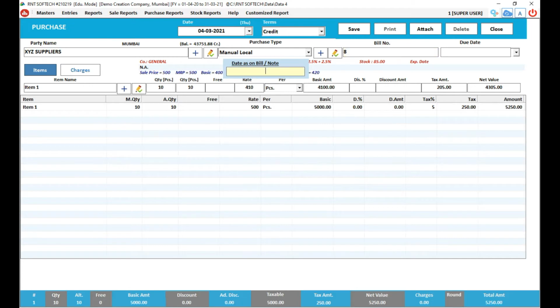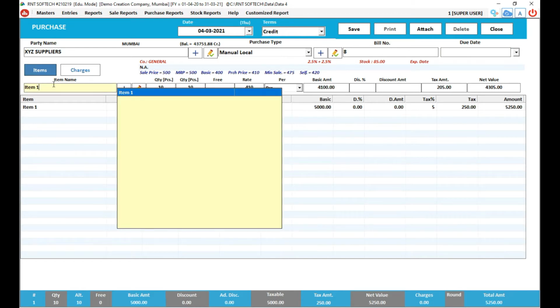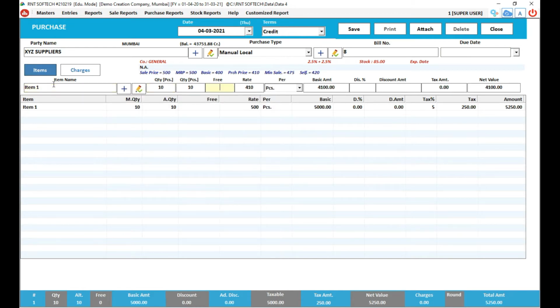Select the invoice bill number, date, I select item 1, quantity is 10, the price, let's put it at 500, which was there previously. Basic amount is 5,000. If you see, no discount and no tax amount is getting mentioned because you have decided to select it manually. How to do it manually, I'll show it to you.